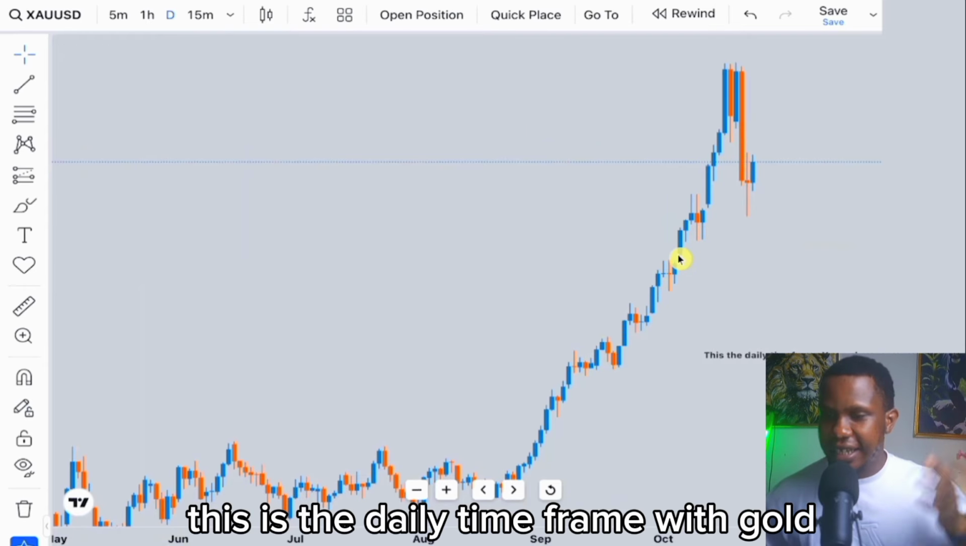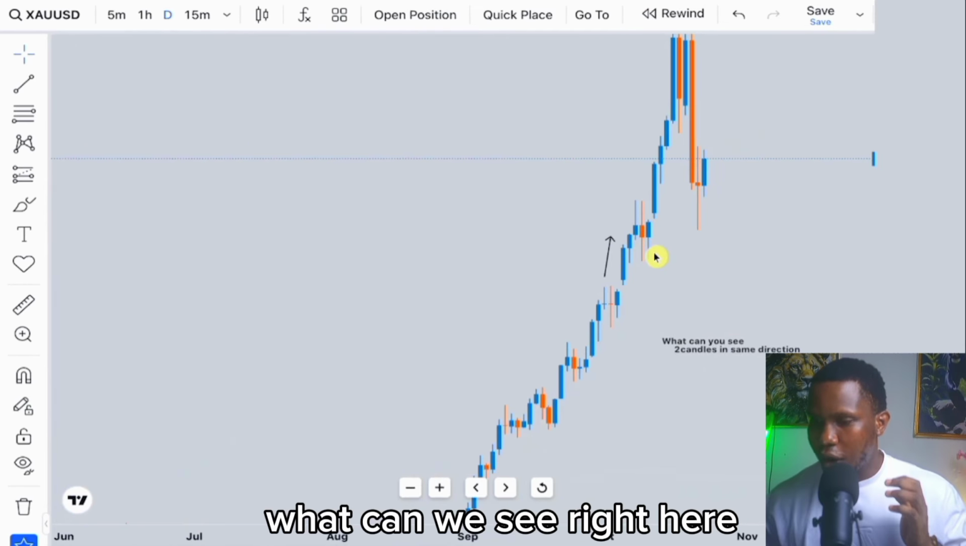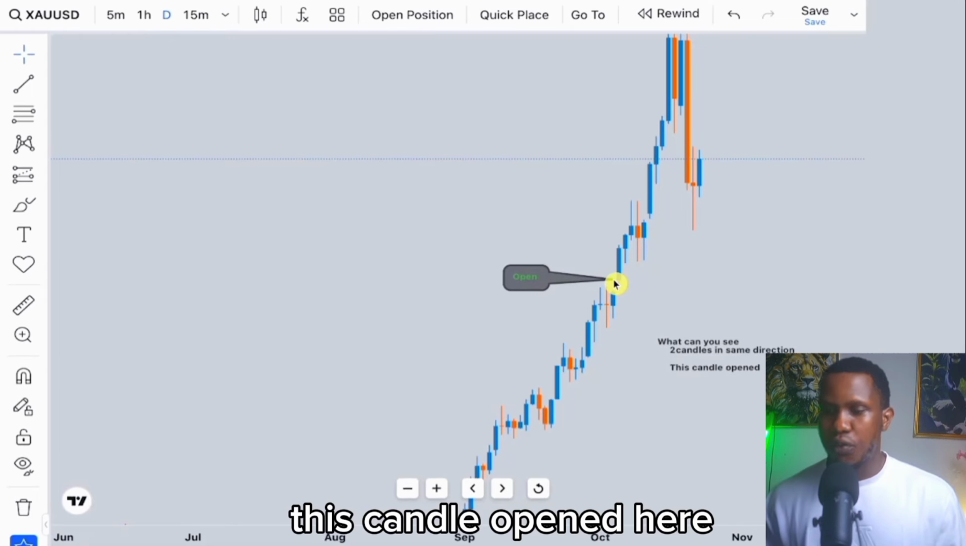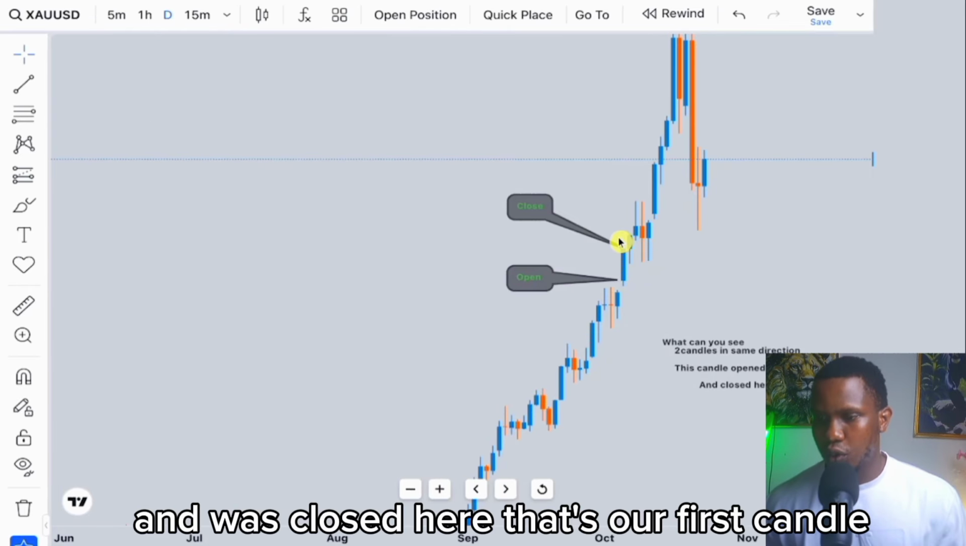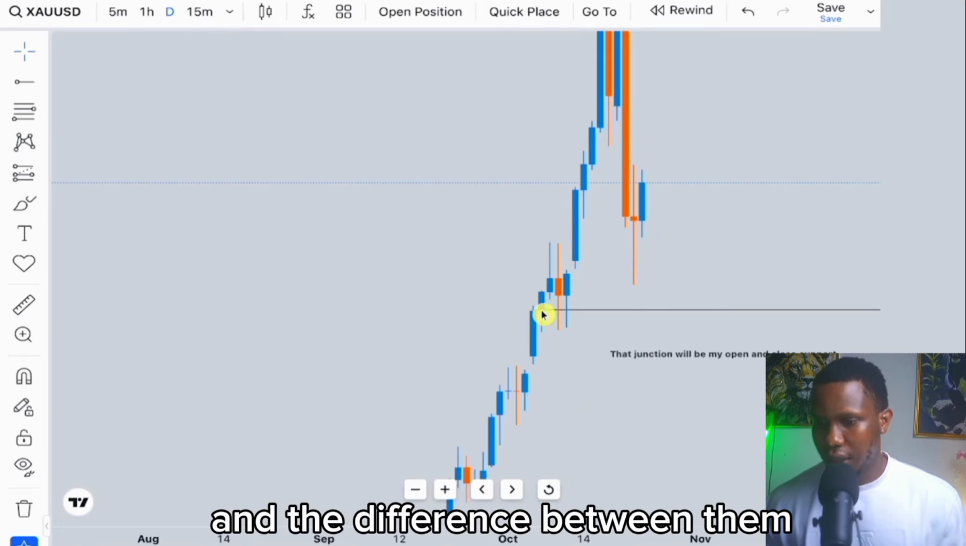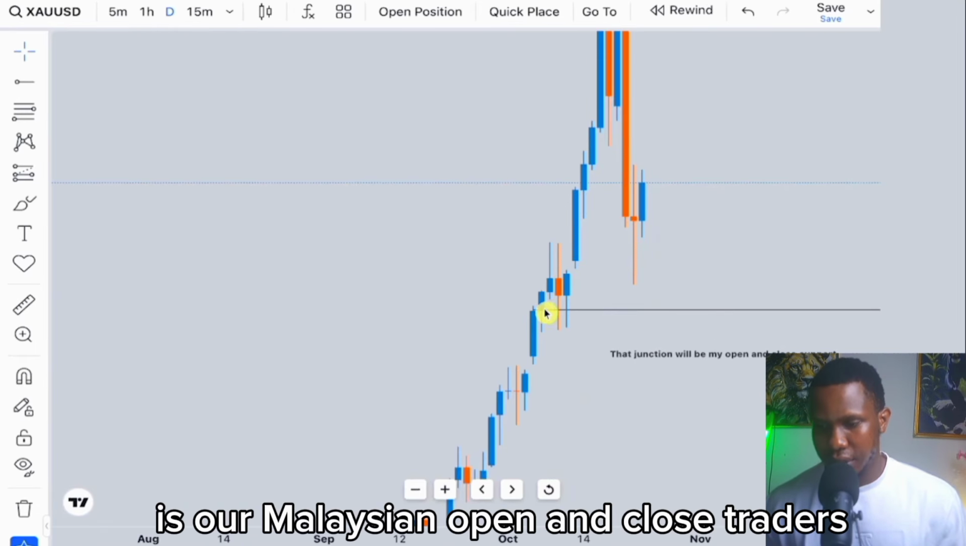This is the daily time frame on gold. What can we see right here? Two candles moving in the same direction. This candle opened here and closed here. That's our first candle. I see our second candle opened here, and the difference between them is our Malaysian open